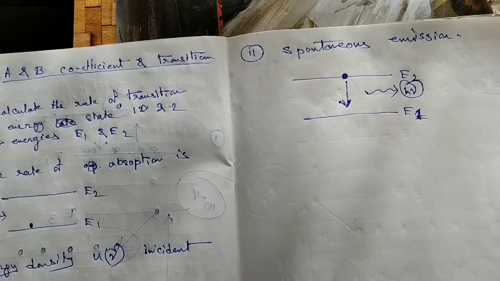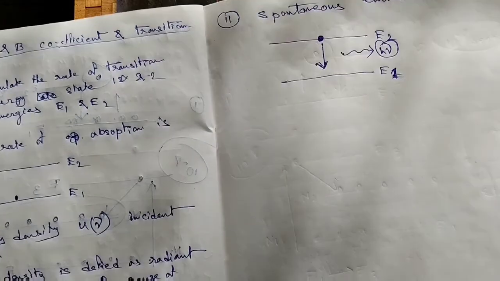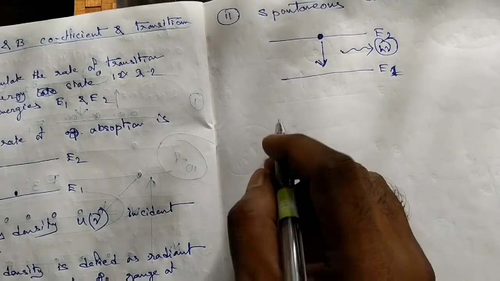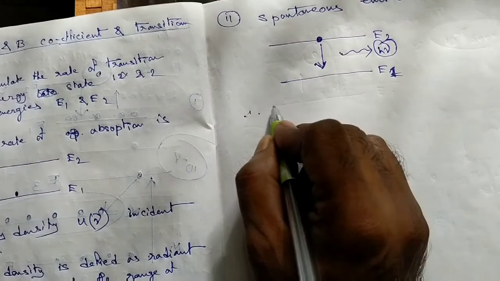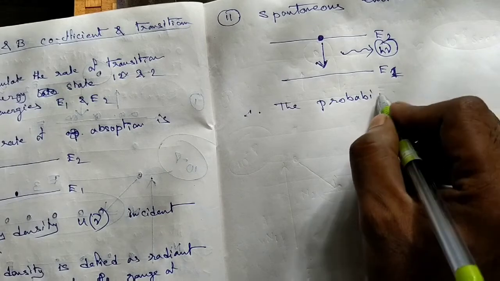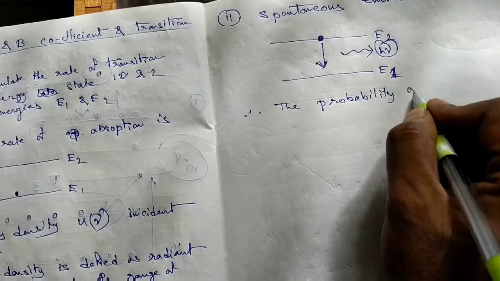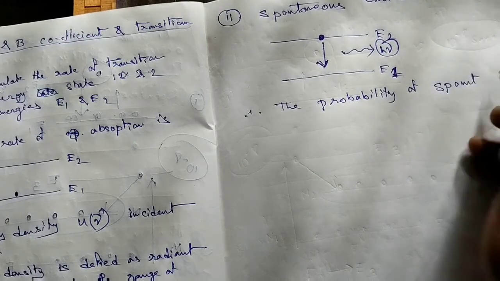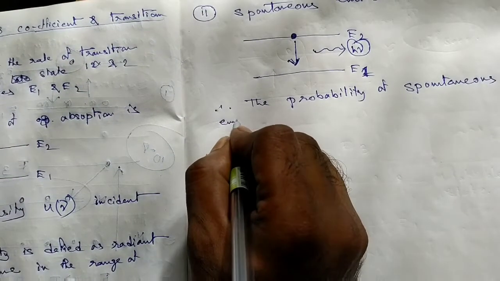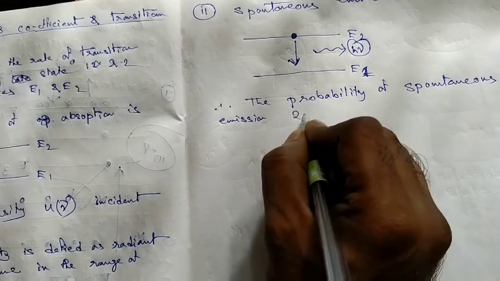This is known as spontaneous emission. So that means the probability of spontaneous emission 2 to 1